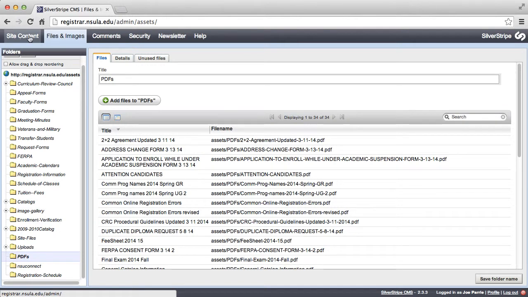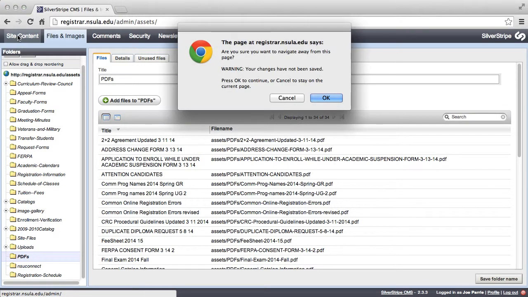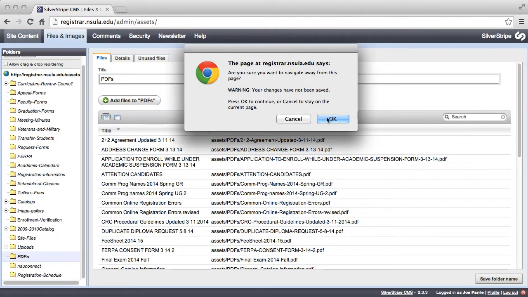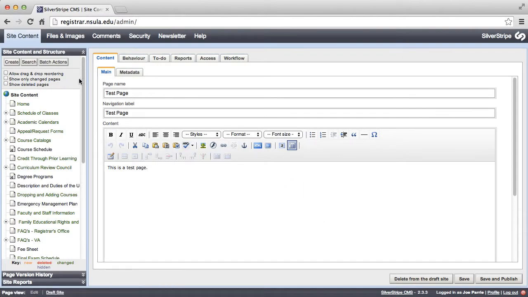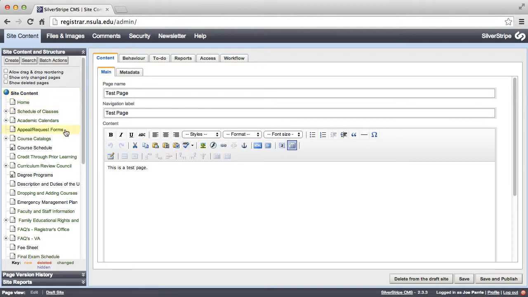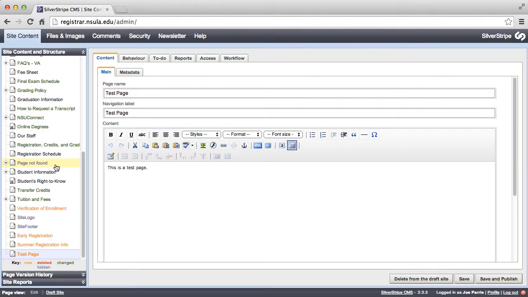So let's return to our site content up here on the top tab, and this warning always happens. You just click OK or cancel it out. Okay, now let's find that test page that we had made. That new page should be near the bottom. There it is. Okay, I'm already there. And we have this little block of text, and let's make this block of text link to that file that we just uploaded. So let's highlight all of it, and again we're going to go to